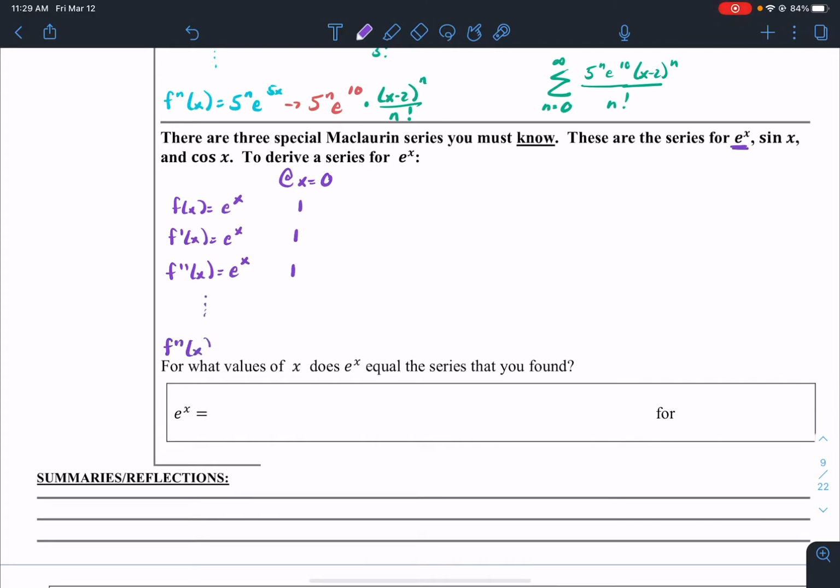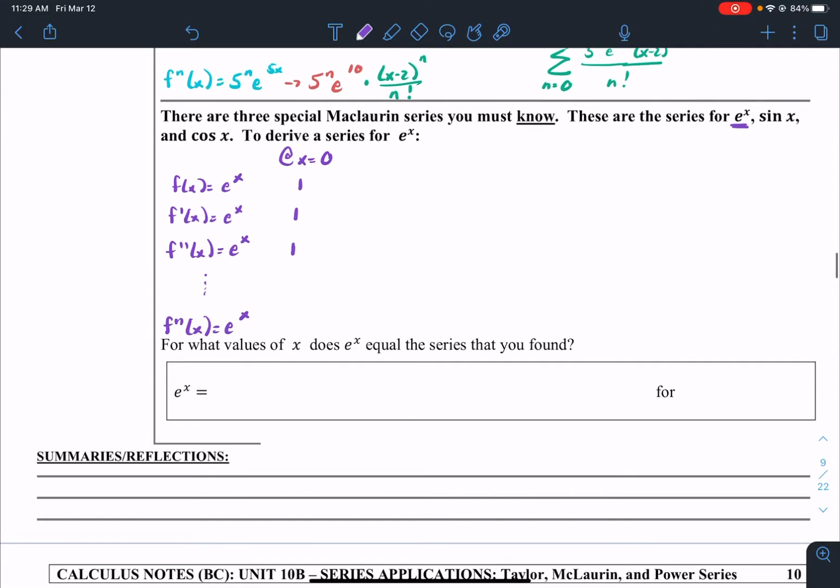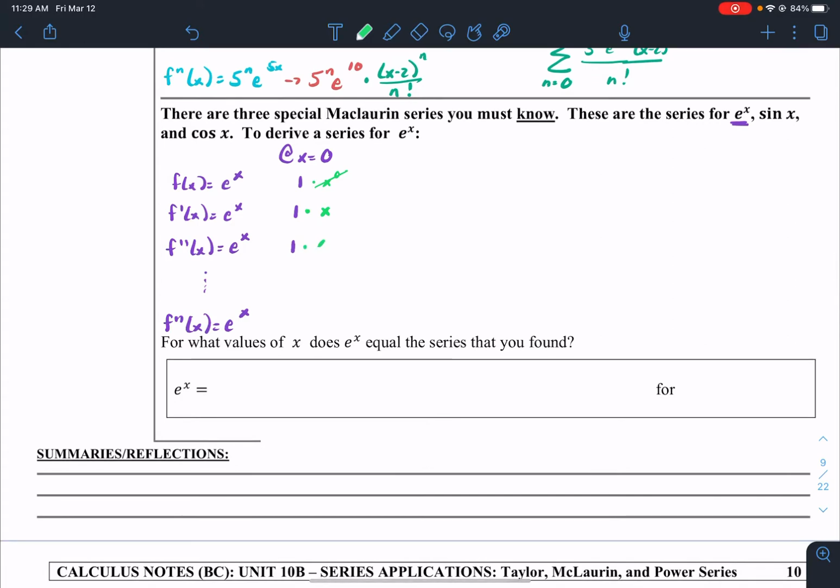So when I get to this last term, my general term, remember technically we were multiplying this by x to the 0, but we didn't have to have that. Then we multiplied this one by x, and then this one was x squared over 2 factorial. The reason why I don't have a center is because the center is at 0, right? So it was an x minus 0 squared. Hopefully y'all remember that. So my nth term is going to look like x to the n over n factorial. That is the series, but I want to show you